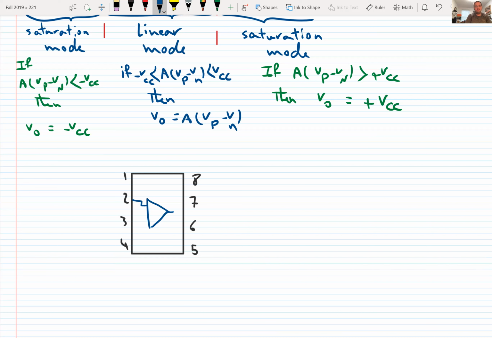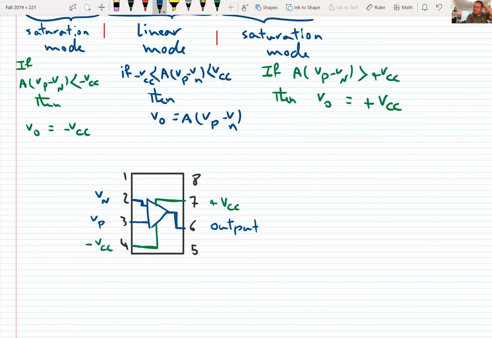Vn is connected to pin number 2. Vp is connected to pin number 3. Output is connected to pin number 6. We need two more signals, plus Vcc and minus Vcc. So plus Vcc is connected to pin number 7, and negative Vcc is connected to pin number 4,